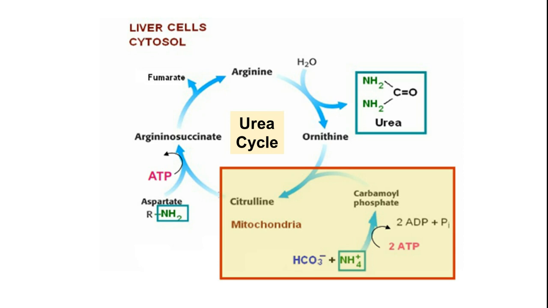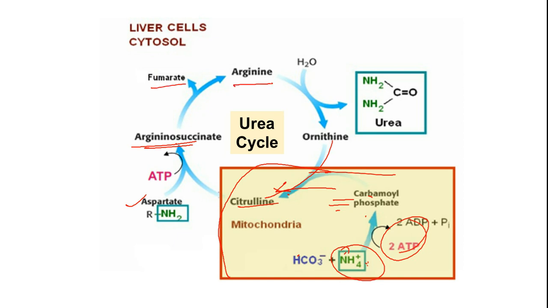The outline of the urea cycle is, it happens in two stages. One is in the mitochondria. So this entire area is mitochondria, where ammonium ion is obtained because of the oxidative deamination reaction. That reacts with bicarbonate, by spending so much energy, and carbamoyl phosphate, the activated form of ammonia, is synthesized. This reacts with ornithine to give us citrulline. Citrulline becomes argininosuccinate by reacting with aspartate, and then that will split to give fumarate and arginine. The arginine will split ultimately to give you urea.